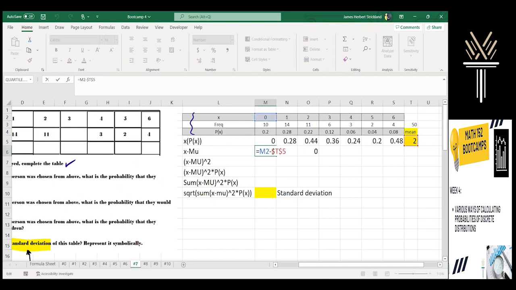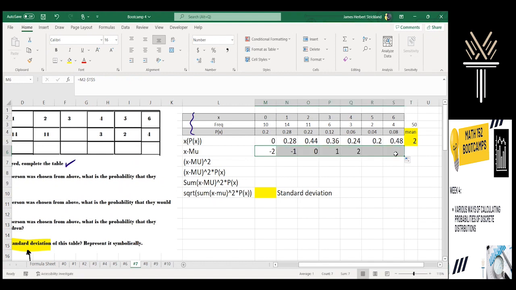So when you lock something, one cell won't change, while the other one that's not locked will. In this case, since it was a nice 2, you could just type -2 just the same, but it won't always be a nice number. So get used to locking cells. So that's x minus mu. Now